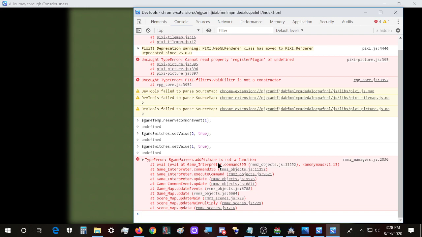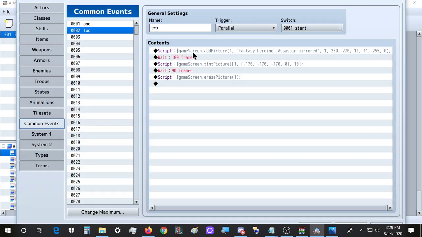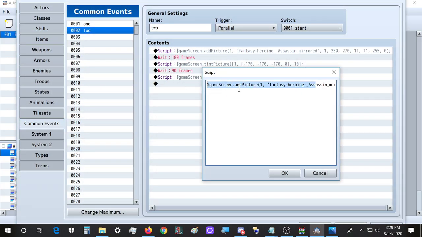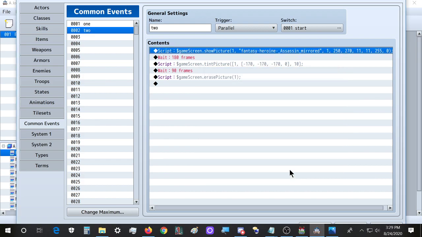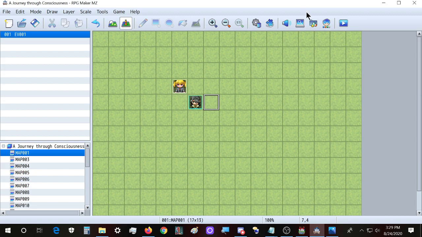Game screen dot add picture is not a function. Wait a minute, did I actually, oh, silly me. Yes, I messed up in here. It's not add picture, it's show picture. Okay, so it's show picture. I have several times in which I use these a lot, and then